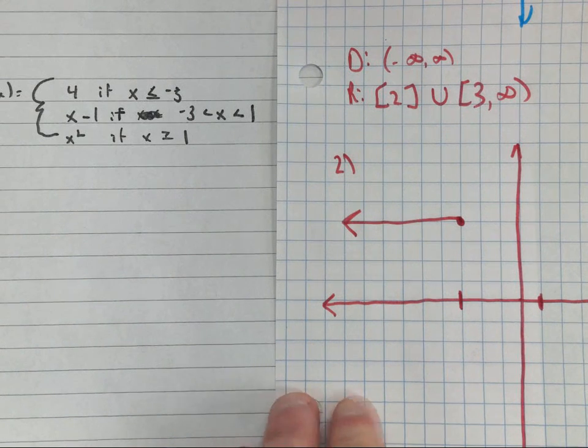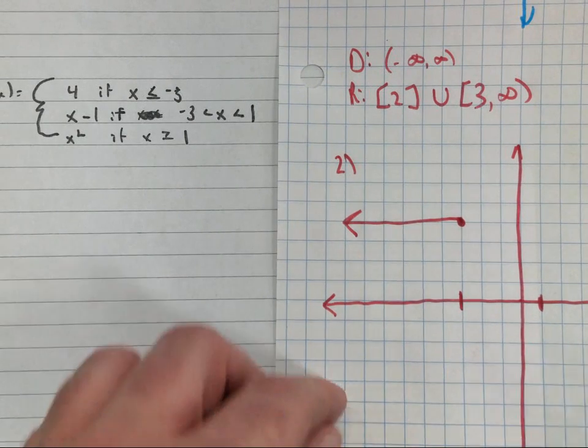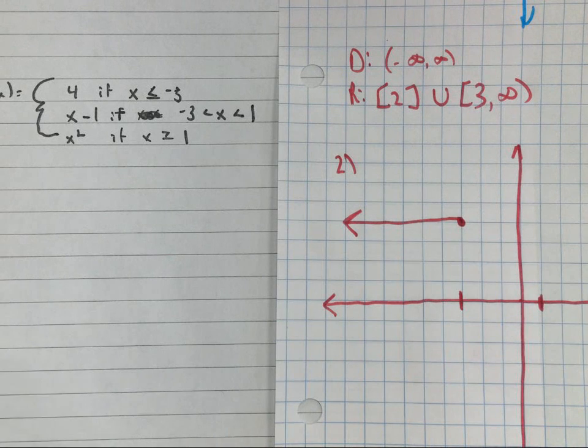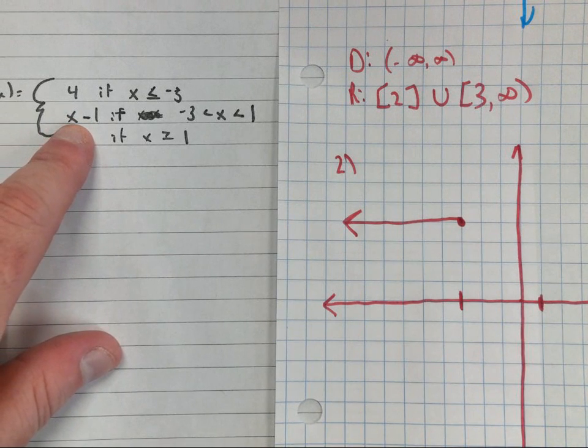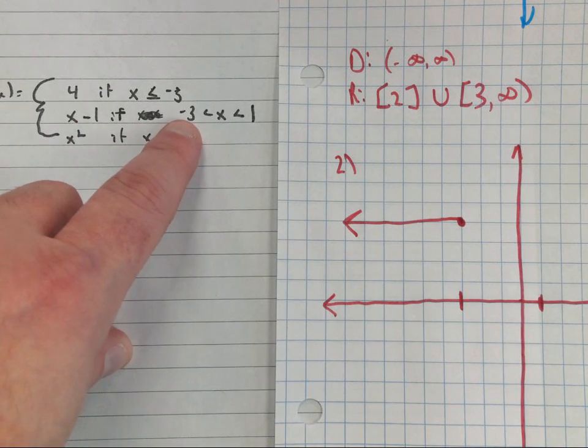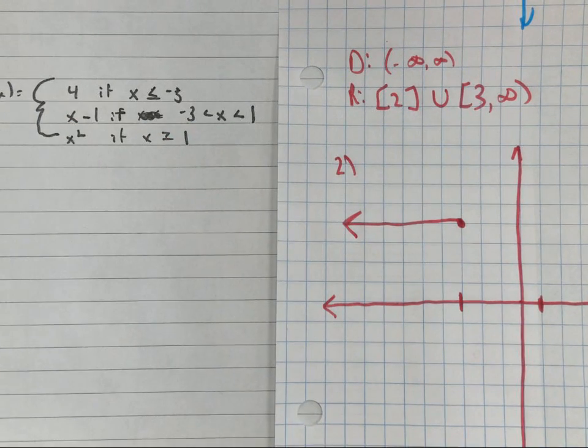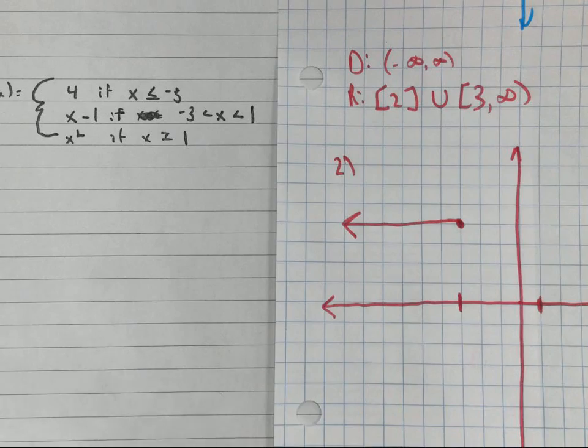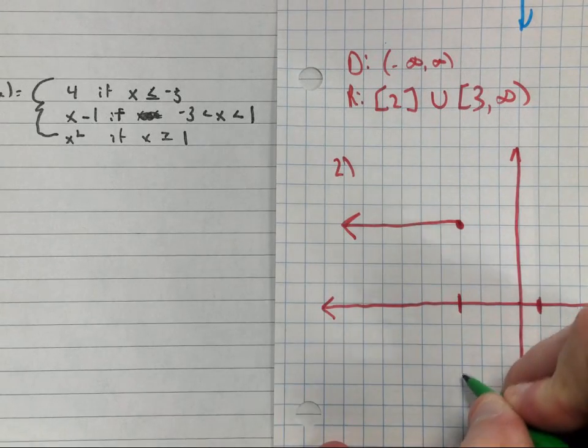Hope to goodness this is coming back to you now. You should be able to do this. Alright. X minus 1. How do I figure out my first point? Plug what number in? Negative 3 minus 1 is?